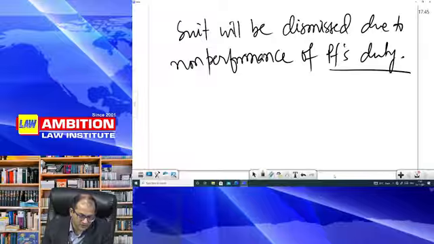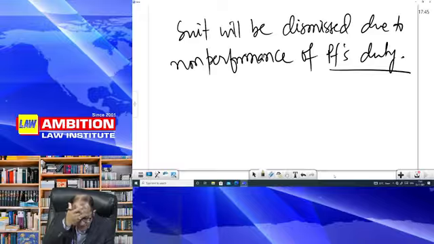And it says, provided that no such order shall be made if, notwithstanding such failure, the defendant attends in person, the defendant comes to the court, or by agent, when he is allowed to appear by agent on the day fixed. So my main purpose was that he should come. He should come, and he has come. So the proviso says that